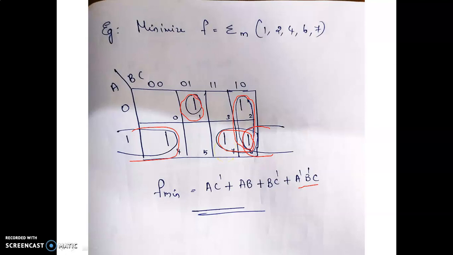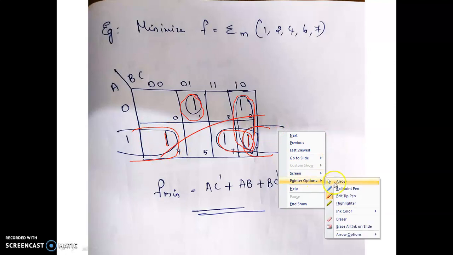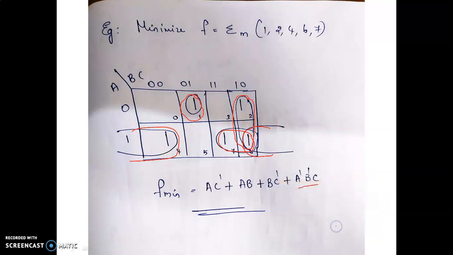So when I check the values of ones, I understood that the corner ones can be grouped as a pair. So this one and this one are grouped, and this becomes your first pair. Okay, how will you represent that? The value of A remains the same, so A. Then B is changing, B 0 changed to 1, so you cannot take B. C is 0. So it is A C bar. That is A C bar is taken.